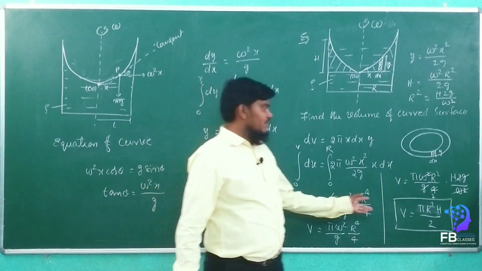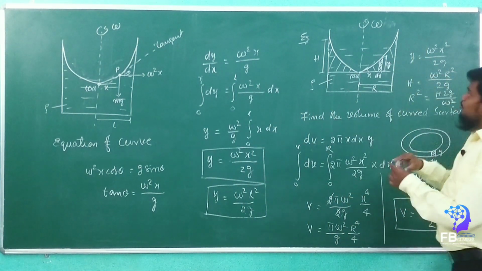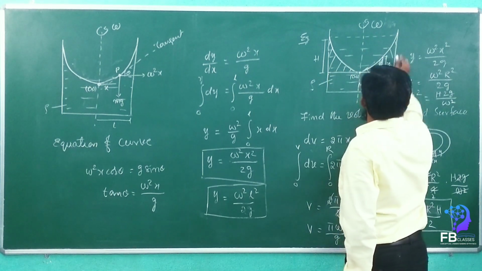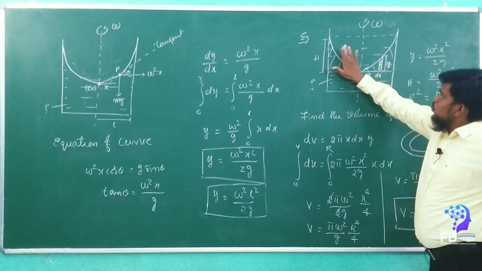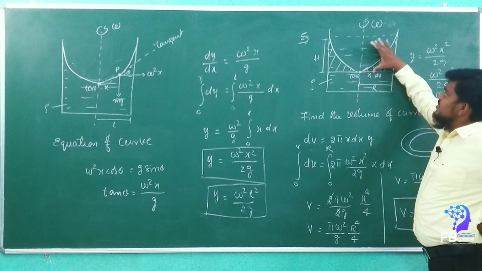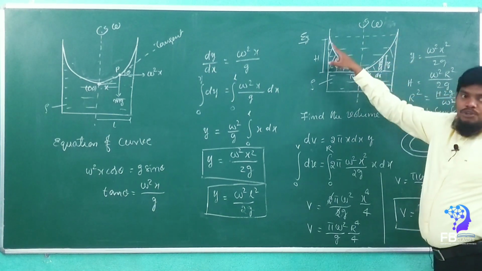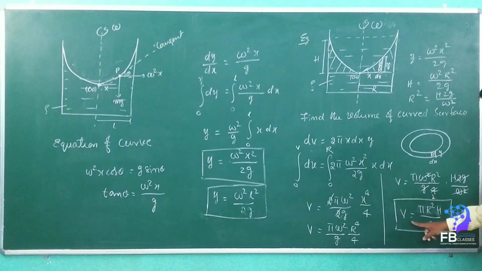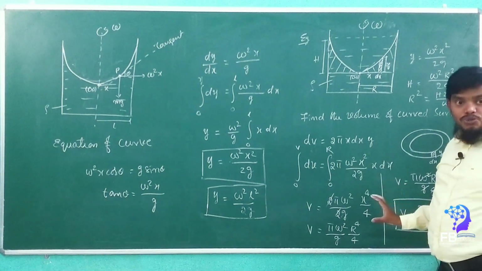So what is the conceptual understanding here, my dears? The conceptual understanding is very clear. If you make a cylinder of this liquid column, if you consider this total as a cylinder, it is not an empty place. Then the volume on rising up is nothing but half of this cylinder. See here, V is equal to pi r square h by 2. That is the conceptual understanding we have to understand.